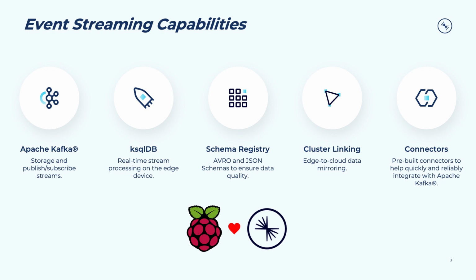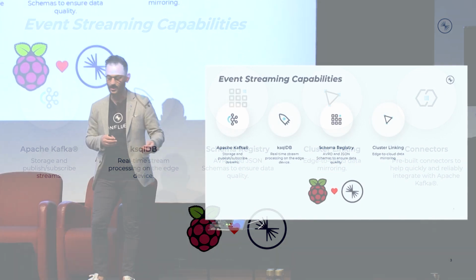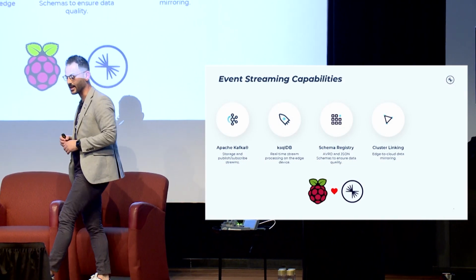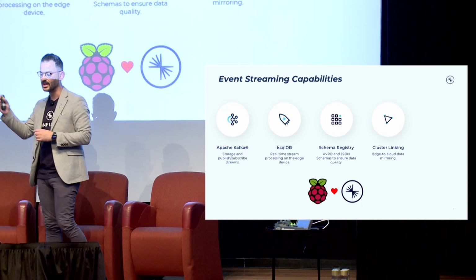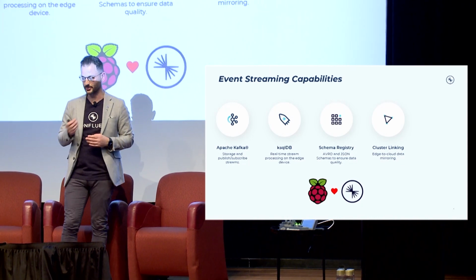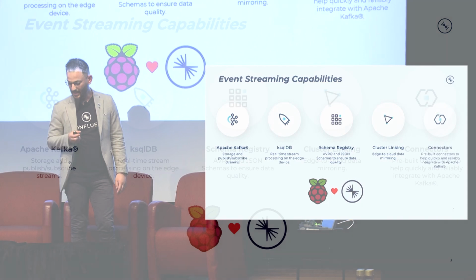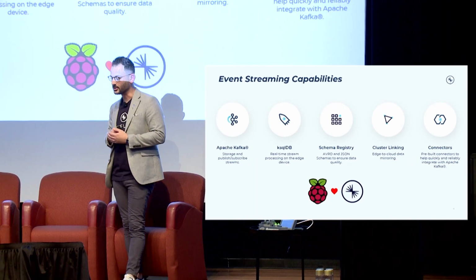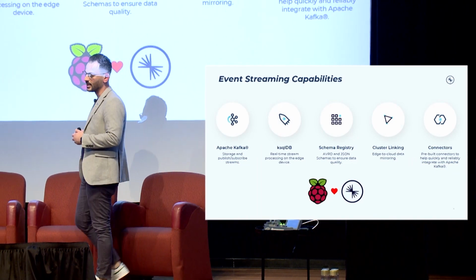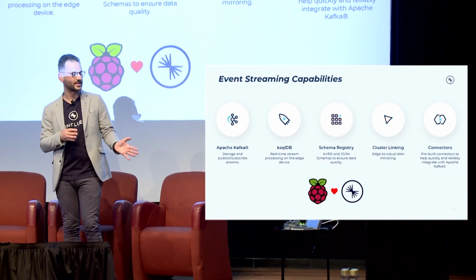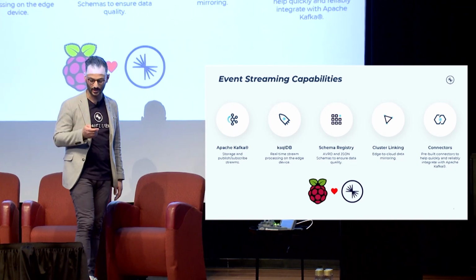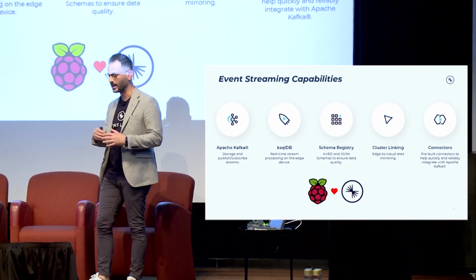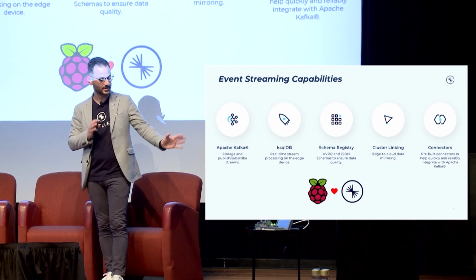So using cluster linking, we can take a certain set of data streams off the actual device and send that into the cloud, in this case, for further upstream processing. And that could be for analytics purposes, as we'll see in the demo. And then lastly, using pre-built connectors, we want to send this data and do some interesting things with it. So using the Confluent pre-built connectors, we want to connect this into a dashboarding tool to actually see this data in a live dashboard. And all of this is running on a Raspberry Pi on the device,